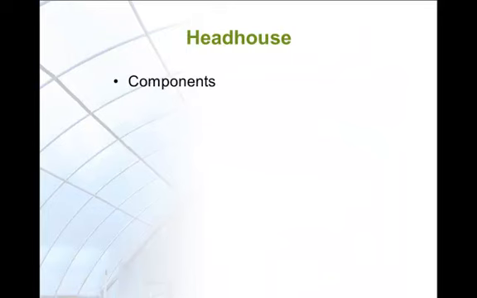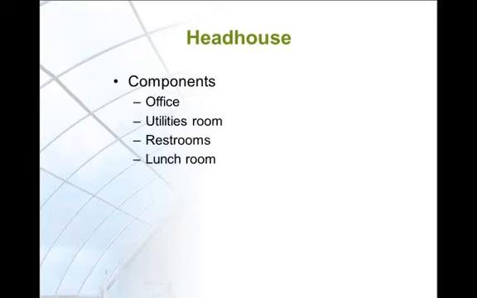A headhouse is the hub of a plant production facility. It contains multiple activities in one place. It might contain an office for record keeping and customer receiving, a utilities room to keep the boiler and electrical panel, restrooms, and a lunchroom for employees, a control room if the greenhouse is equipped with a monitoring and control system, a storage room to store parts and tools,